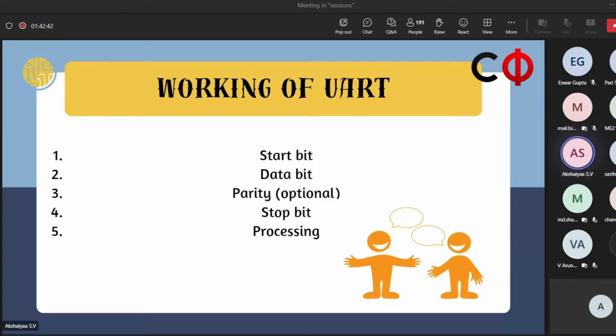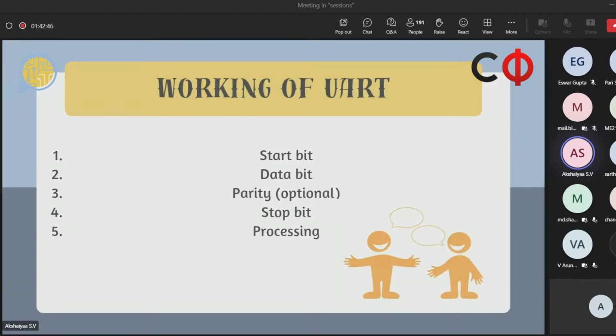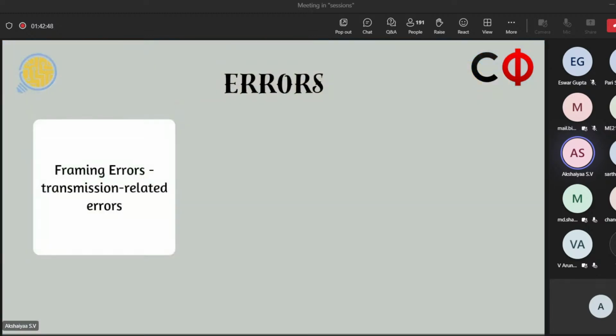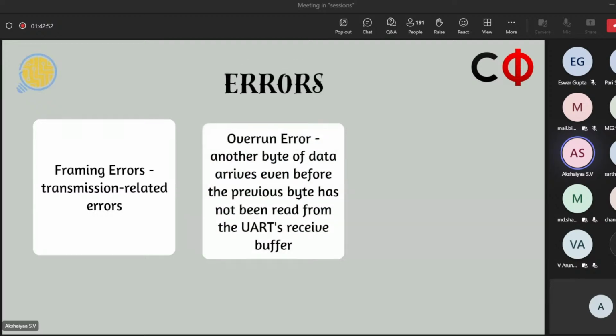So where can errors possibly come in such a simple means of communication, right? There could be some transmission errors, some corruption, which are called framing errors, or an overrun issue can happen. Basically, if you take a computer, its CPU will need time for processing the data, right? The same thing happens here also. Before the central device is able to process the data, another byte has arrived.